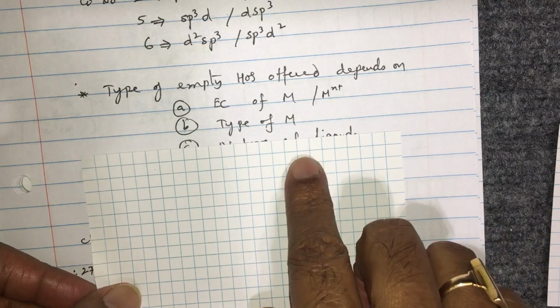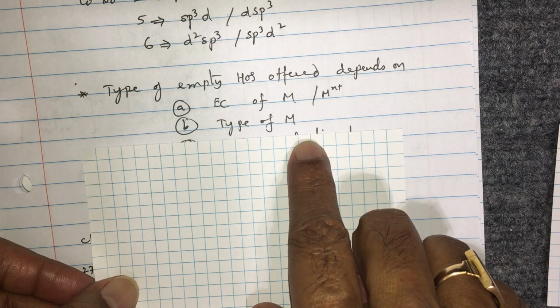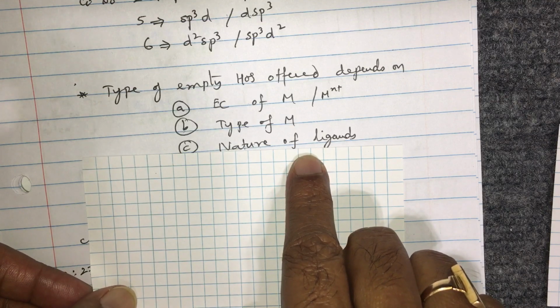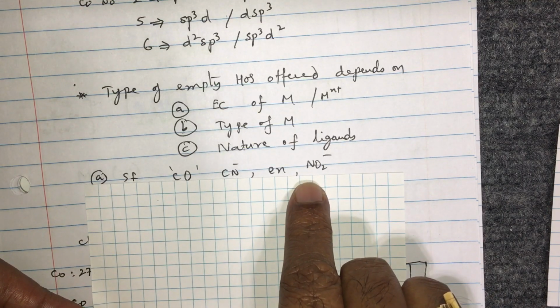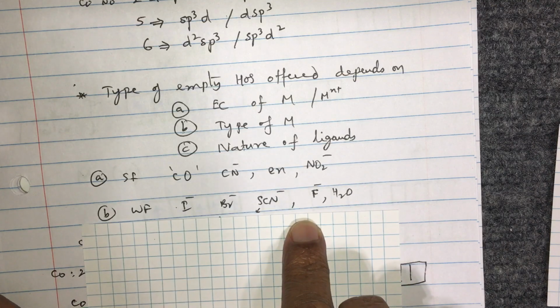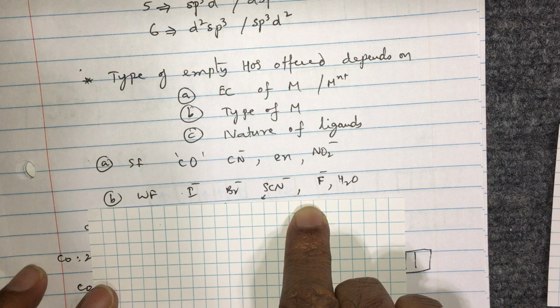ion. The type of metal can be d block, 3d series, 4d series, 5d series, lanthanide, p block metal; the type of metal matters. Then the nature of ligands. Ligands are of two types: strong field ligands, which can influence the electronic configuration of the central metal and its hybridized state, and weak field ligands, which cannot influence the electronic